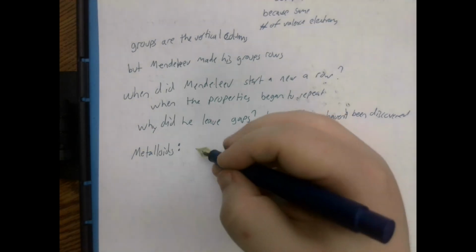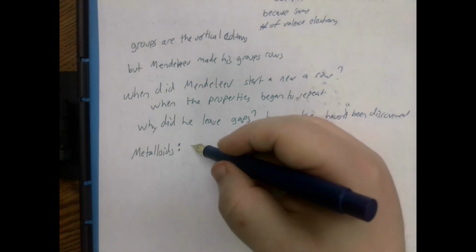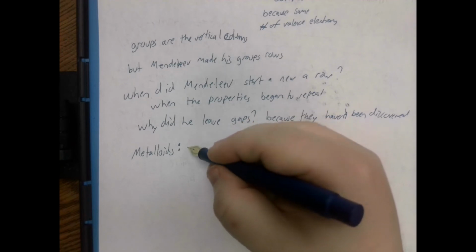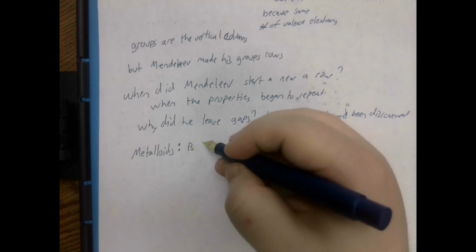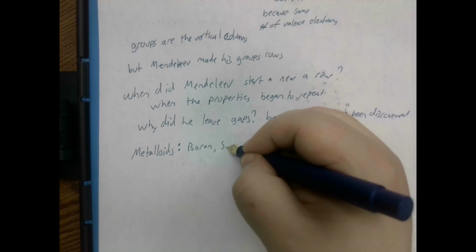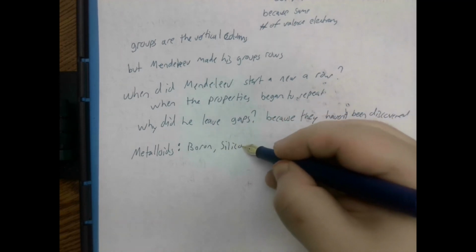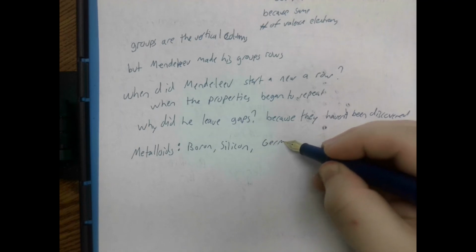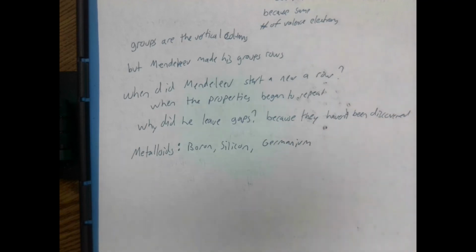So name the metalloids. What are metalloids? Which ones are they? There are solids and liquids. Which ones are they? And they're all solid. The boron, the staircase. What are they? Boron, silicon, germanium, arsenic, and